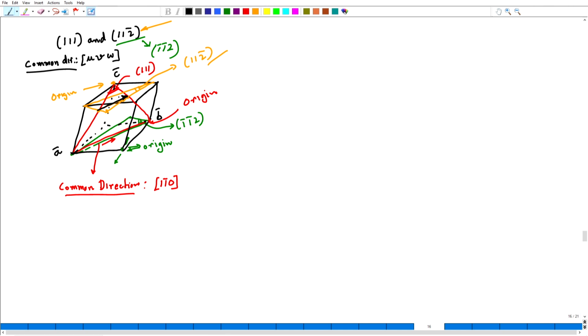This is my vector, and you will see after carefully considering it that if this vector is r, then this vector r is clearly parallel to 1 bar 1 0, and hence the direction Miller indices of this would also be the same. But the way I have drawn it, if I were to write the Miller indices, it would be bar 1 1 0. If I represent this vector like this, then the indices are going to be 1 bar 1 0.